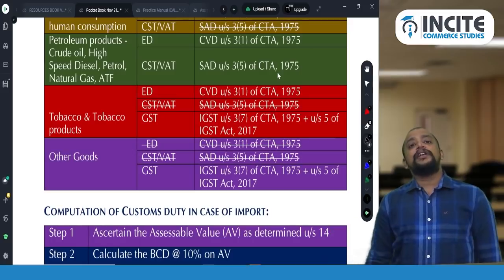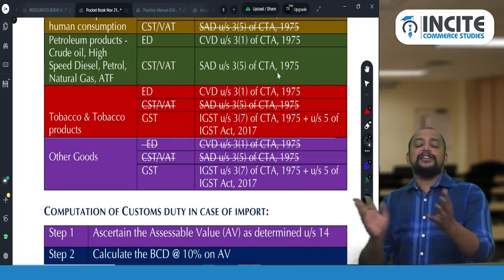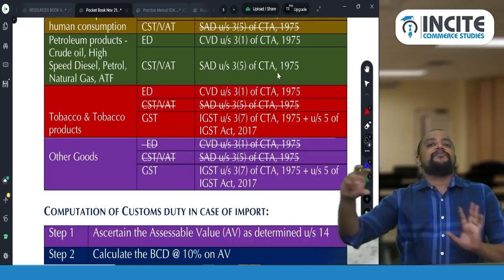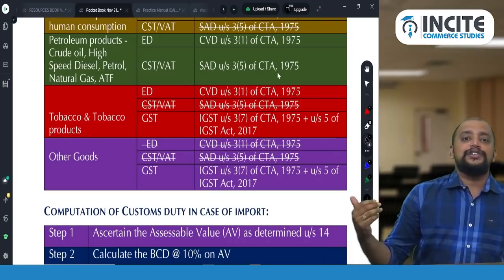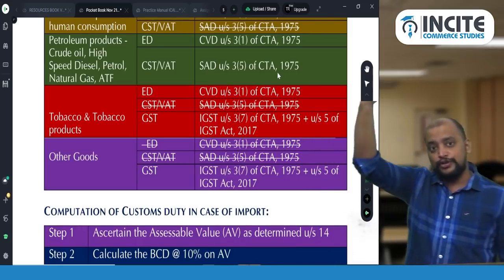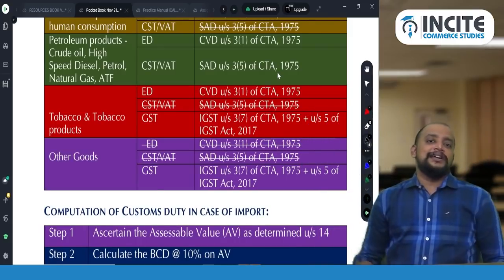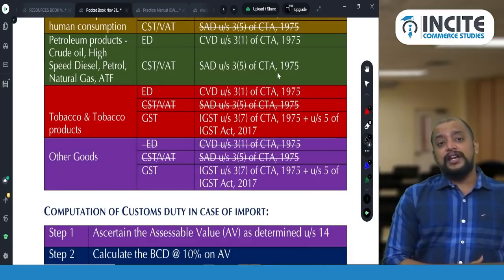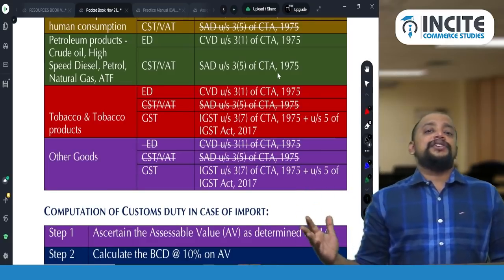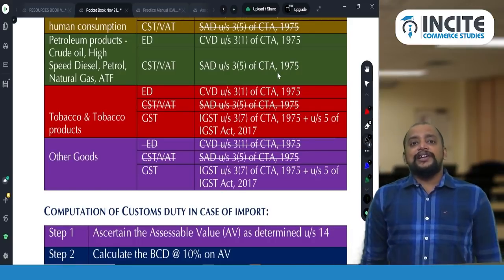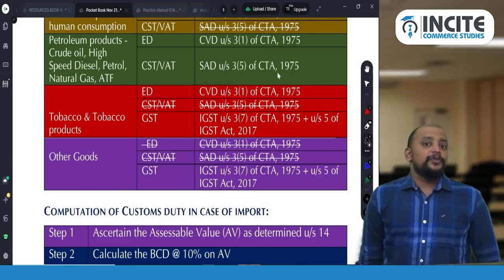So don't worry, how you compute IGST, the same way SAD should be computed. That is total you do. And finally, the last step will be SAD, special additional duty at the rate of 4% on the total value, basic customs duty and all customs duties. So finally SAD. Ditto. Like how IGST is computed, the same way SAD is computed. So SAD and IGST will never come together. It is mutually exclusive. Then CVD and IGST are mutually exclusive, not necessary.